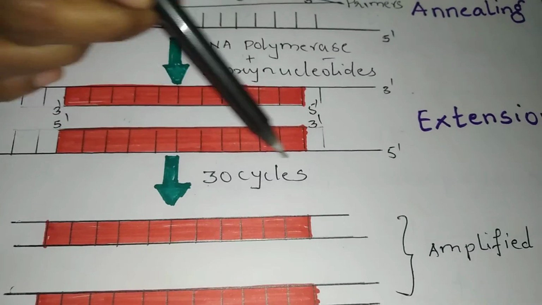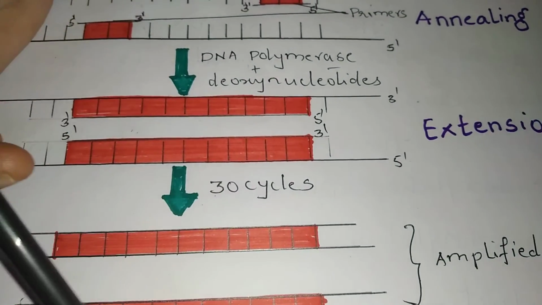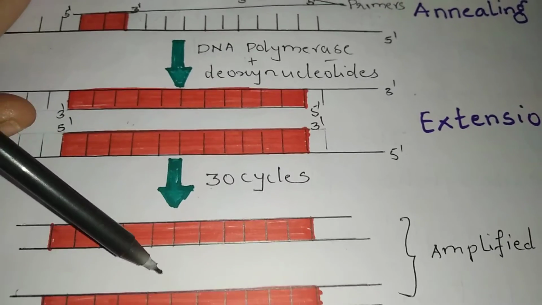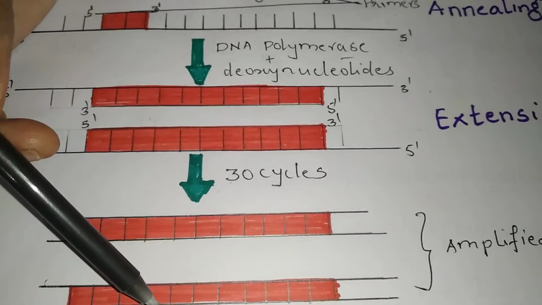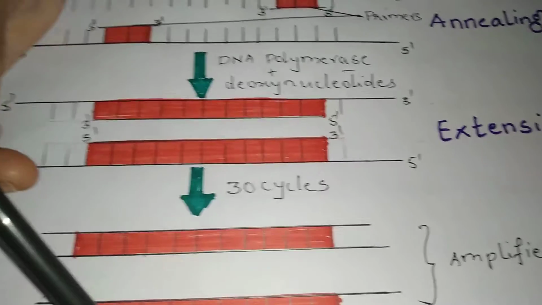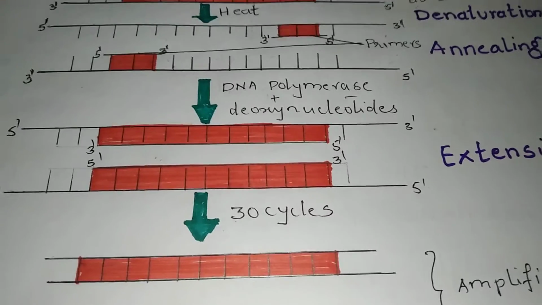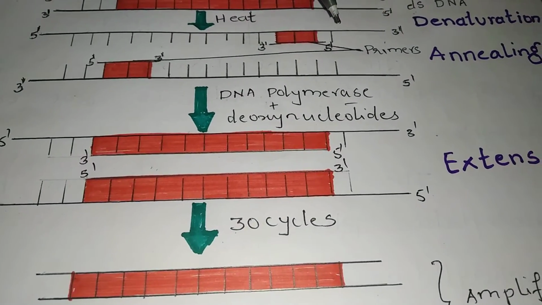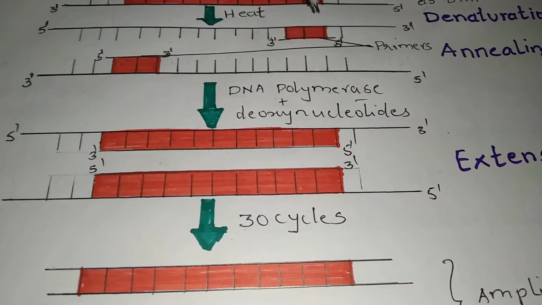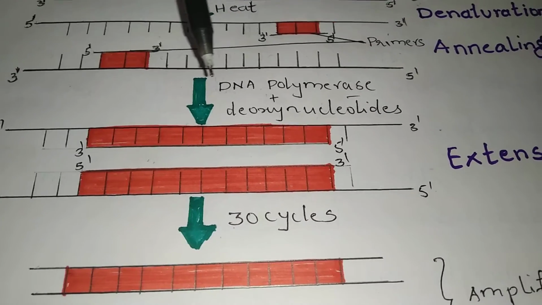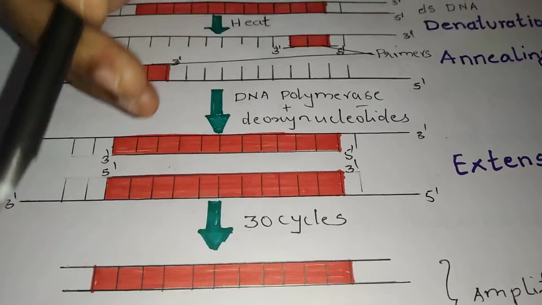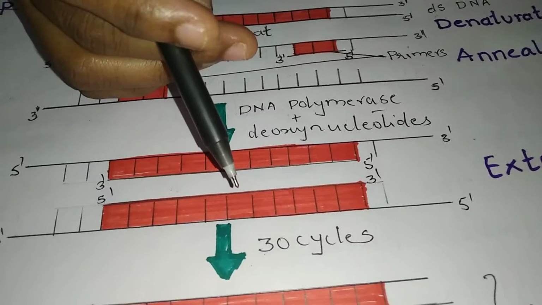And when this process is repeated a number of times, about 30 cycles, then we are going to get some billion copies of the desired gene of interest. So this method we call the PCR technique, which is nothing but polymerase chain reaction. So as a result, now we have got billion copies of the gene of interest. That is a laborious process which is called the in vitro method.